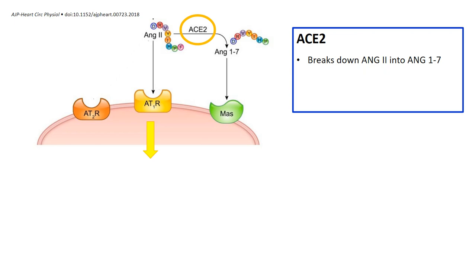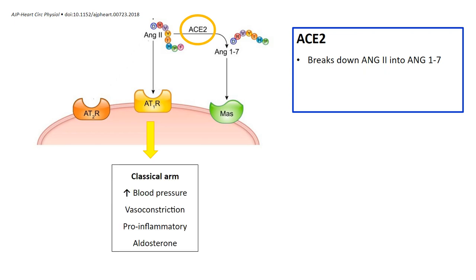And the normal activity of angiotensin 2 for its blood pressure raising effect is on a receptor known as the AT1 receptor. And this is often called the classical arm. So vasoconstriction, aldosterone release, and it happens to also be pro-inflammatory. But when you convert angiotensin 2 to either angiotensin 3 or angiotensin 1 to 7, we have then triggered a